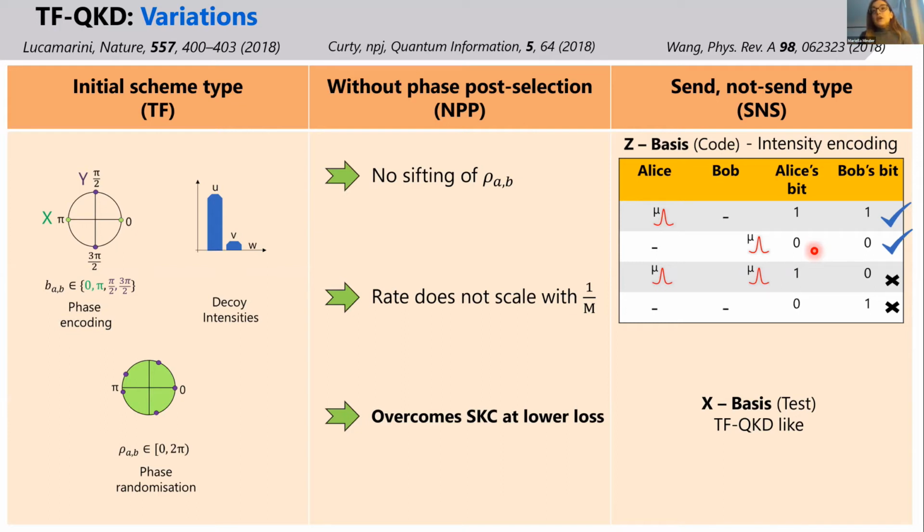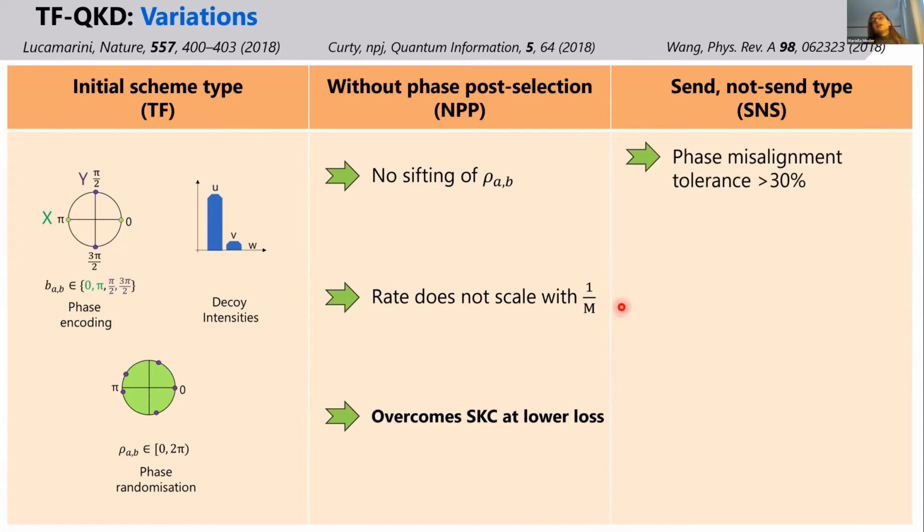So you can see from this graph that whenever they both decided to send, or whenever they both decided not to send, they will get errors in their bit string, while if only one of them has sent the pulse, then they will get matching bits. And because the probability of both of them sending is very tiny, and because both of them not sending might be a big probability, but it's only governed by dark counts, then you end up with decent errors in the protocol. And the very good thing about send-not-send type of protocols is the fact that they're very tolerant